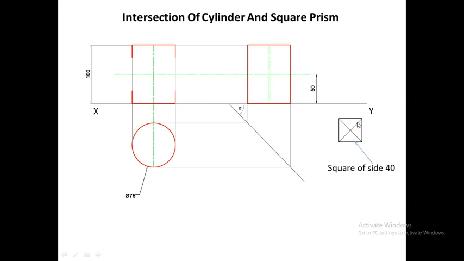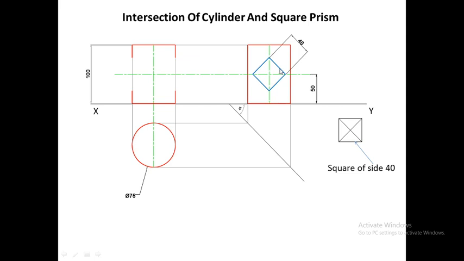So for drawing that, first draw a square here of side 40 mm, since it is given in the question that the square prism has side of base as 40 mm. Draw the diagonals. Now take the distance equal to half of the diagonal, that is on the rounder take the distance from center to the end. You have to take a distance of half of the diagonal. Now place your rounder at the center of the two intersecting lines, and cut four arcs, one on top, one on left, one on bottom and one on right, and finally join all the arcs to complete the square. So we have completed the square of side 40 mm.